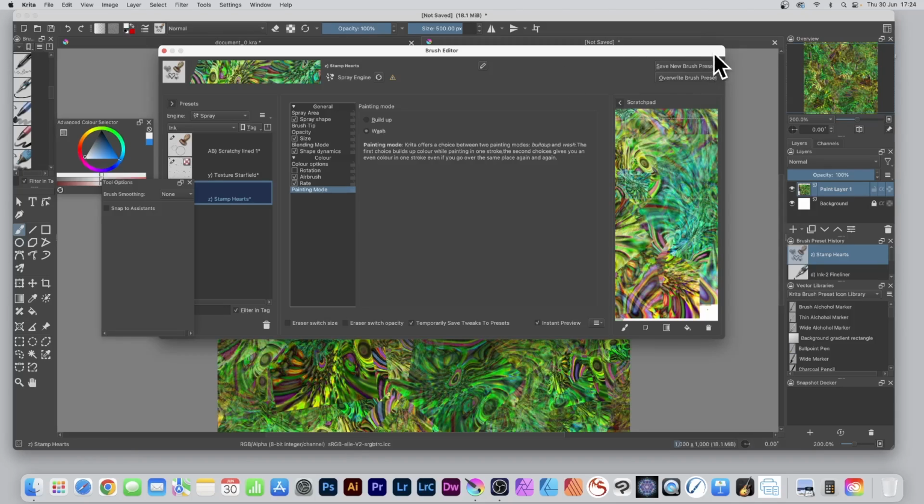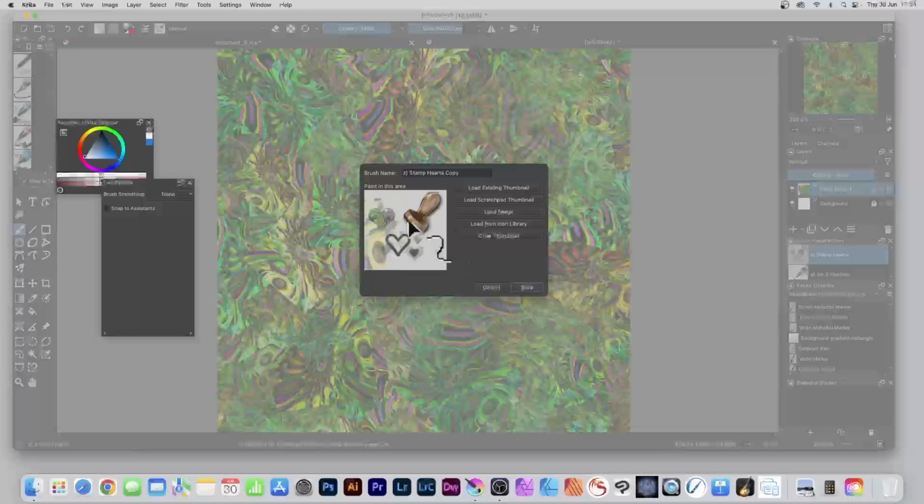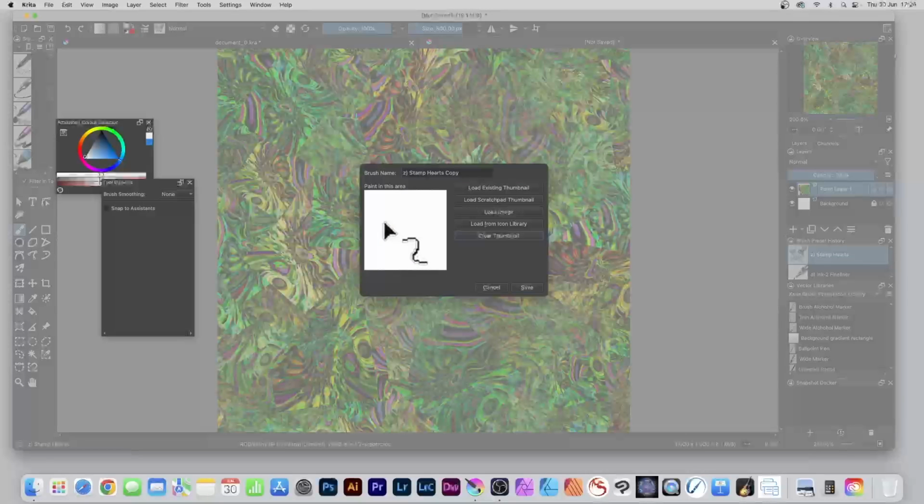Well, once you've decided on everything, you're happy with it. Of course, you can always save it. Save a new brush preset. So click there, and then you can, of course, give a thing. And you can also clear the thumbnail and draw in this as well. And you can see, you can quickly draw there. I'm just going to draw it quickly. It's a good way. I'm just going to call it